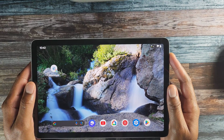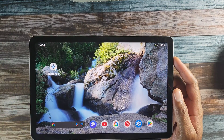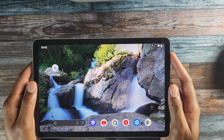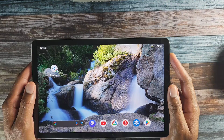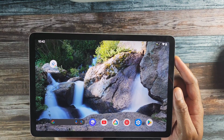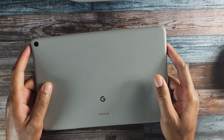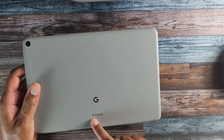This tablet, like I guess most other tablets, has a simple and straightforward design. The 11-inch display is enclosed by a bezel that's not too thick and not too thin, giving your fingers plenty of room to hold the tablet. It weighs 493 grams, which is good when holding it with two hands, but can become heavy with one hand use. On the back here, you have one camera, the Google G branding, and some pogo pins here that allow